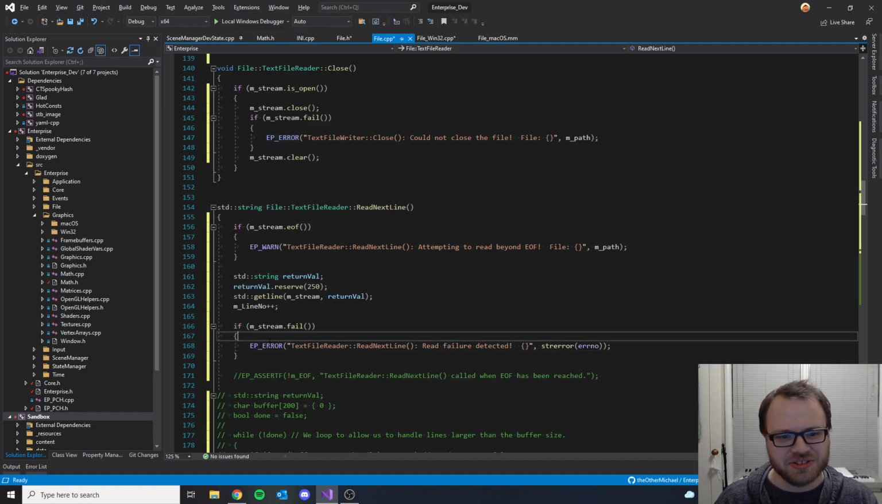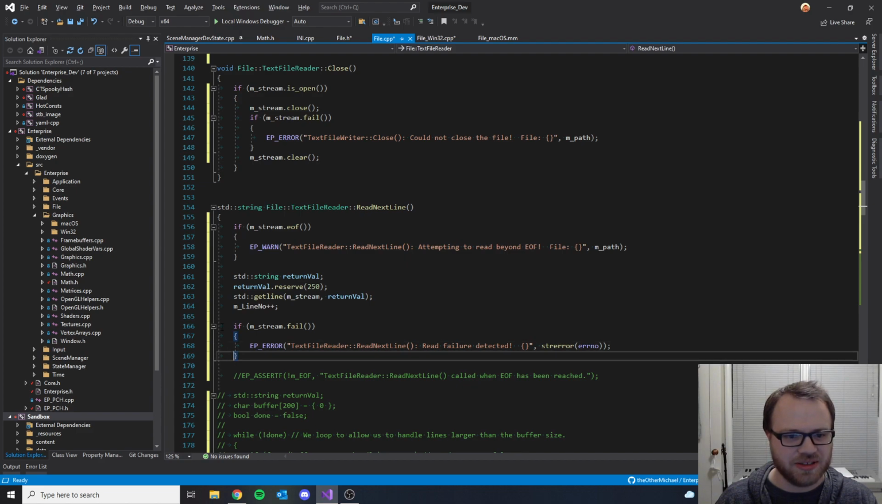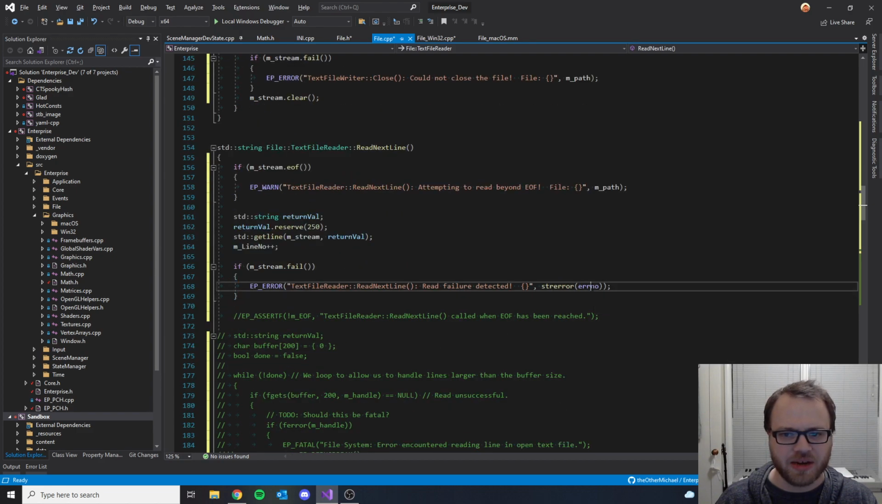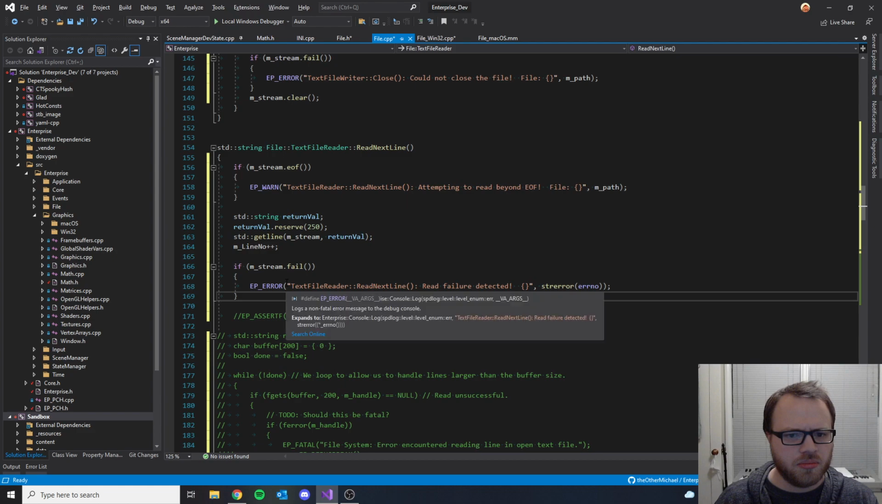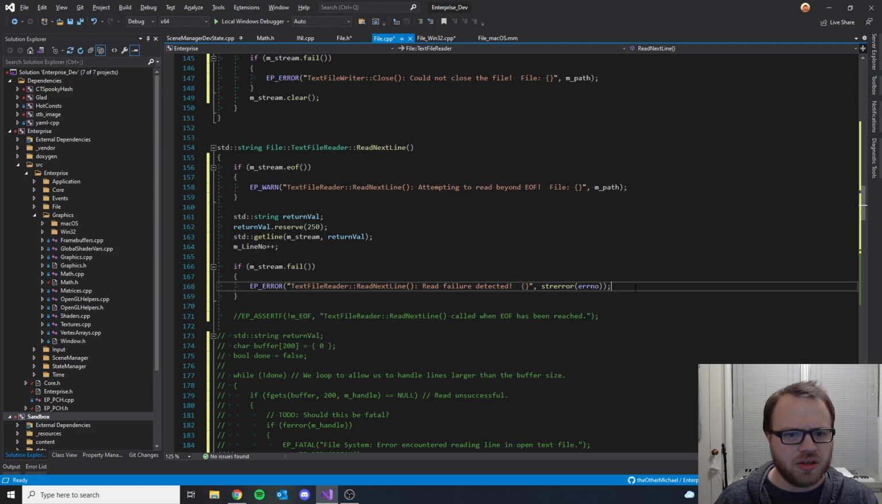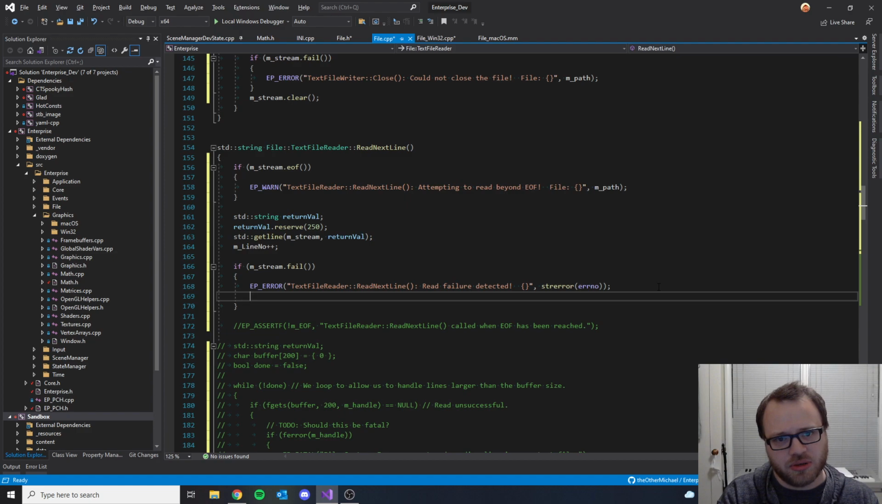There's a non-zero chance that it'll fail to compile because of the SDL log. It doesn't seem to like putting things that have macros in them as the argument. But yeah, if there's a failure to read the next line or something like that, then I guess we should immediately close the stream and then move forward. So std,